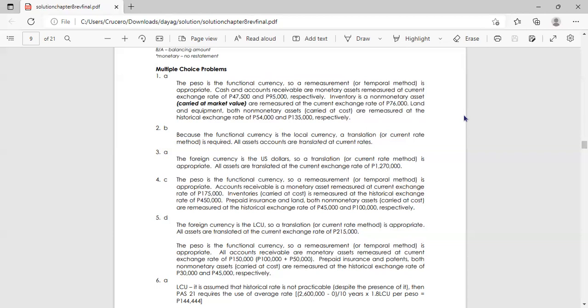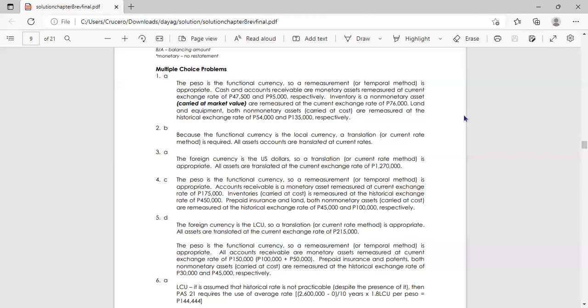All assets are translated at the current exchange rate of 1,270,000. Number 4: A foreign subsidiary of Jug Jeans Corporation, a Philippine firm, has certain balance sheet accounts on December 31,